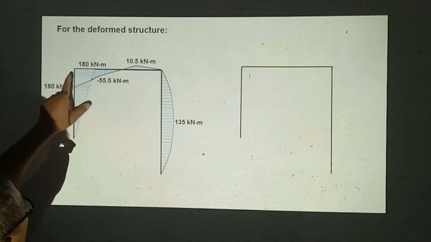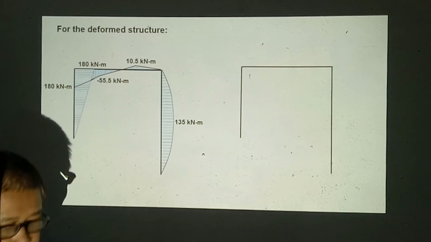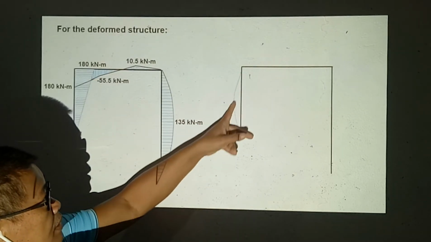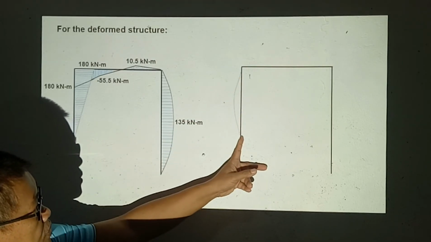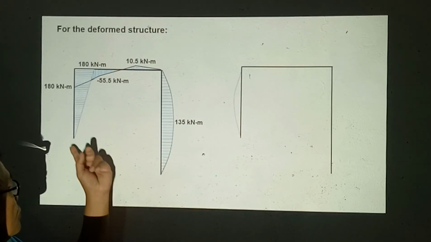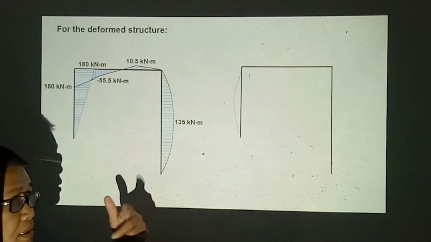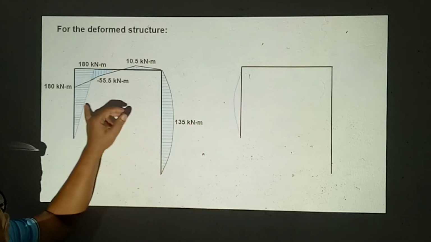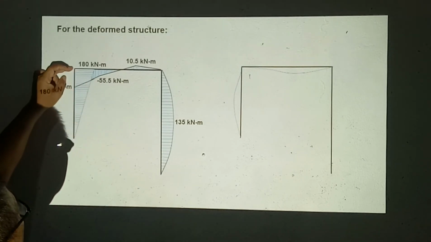at this point because we could not allow rotation in a joint which is fixed. So since B is fixed, the slope of the line in the elastic form or in the deformed structure is 0 here. But it's not 0 at this point. Now we can allow this point to rotate because this is pin connected. It can freely rotate. So this is the moment diagram for member AB, and then for member BC, we have